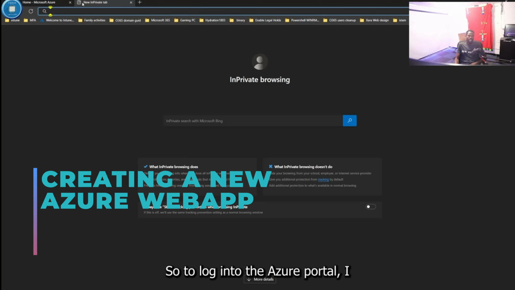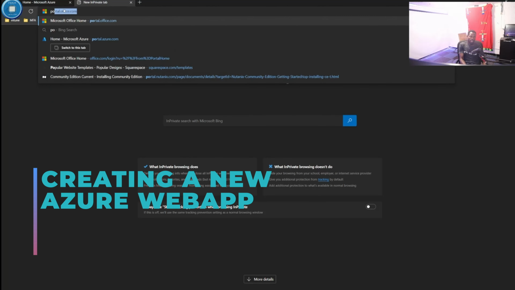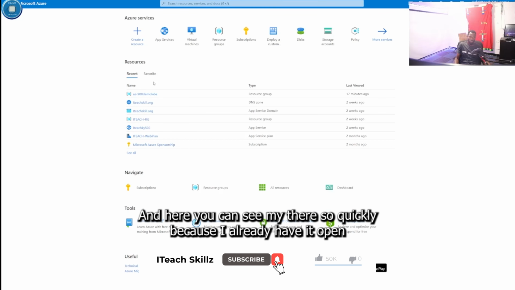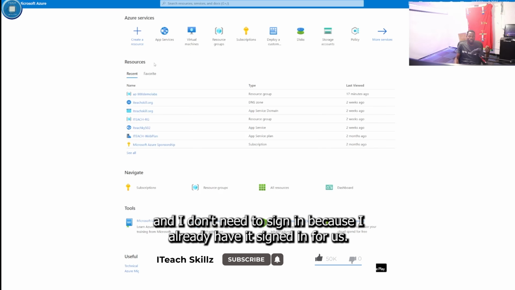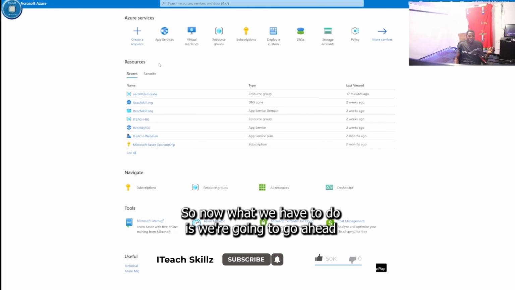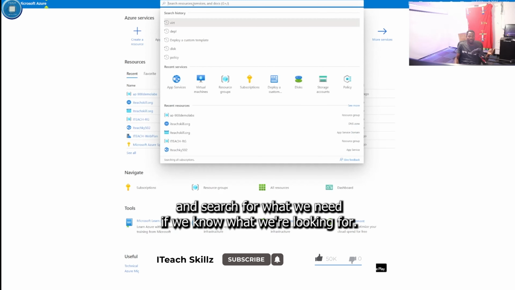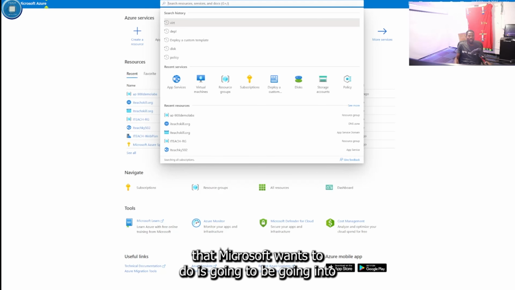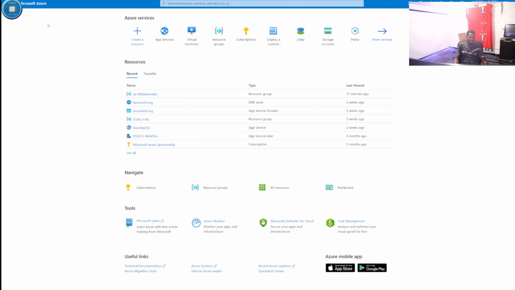So to log into the Azure portal, I went ahead to portal.azure.com. That's where we're gonna go. Here you can see it loaded so quickly because I already have it open, and I don't need to sign in because I already have it signed in for us. So now what we have to do is search for what we need. If we know what we're looking for, in this case app services, or the official way that Microsoft wants to do it is going into the